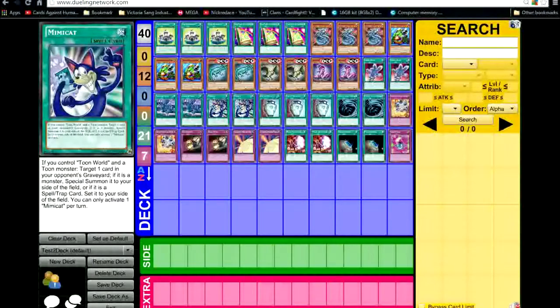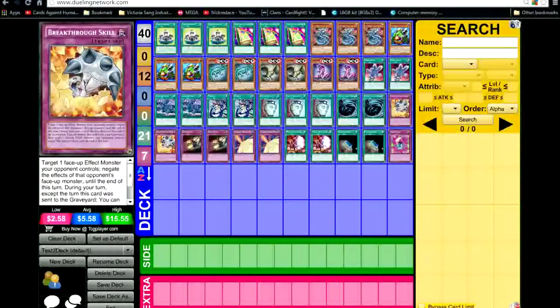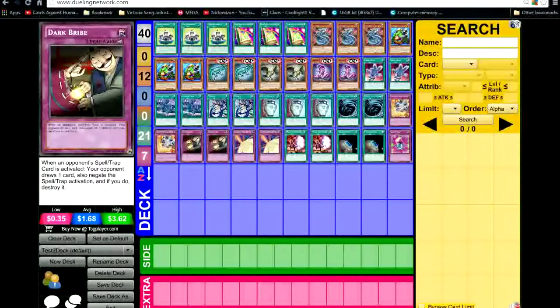This doesn't stay on the field like an equip card or anything. This is just, boom, one of your spells in your graveyard is now mine. Or boom, one of your monsters in your graveyard is now mine. That's pretty evil and overpowered. It's a broken card. 3 Paw Dualities, 2 MSTs, 2 Breakthrough Skills and Dark Bribes, because this deck needed a